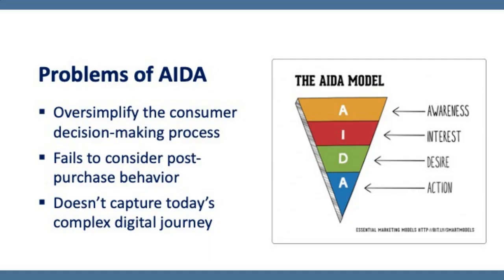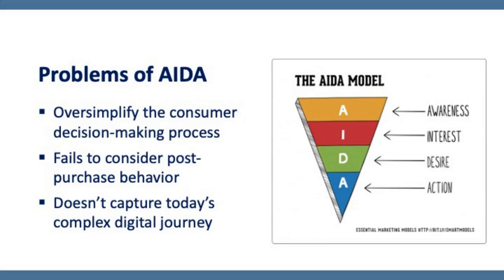So the AIDA model is very straightforward and clear, but it's not perfect. Actually, it has several problems. The first problem is that the AIDA model makes the customer journey look very linear. The awareness, interest, desire, and action stages, it's a very linear pathway. In reality, people can do a lot of things all together, and the process can be way more complex. People could move back and forth between different stages. People could even skip stages, from awareness directly to the action stage. People could stop and return later, and people could spend a long time comparing multiple alternatives. And it's just way more complex than the